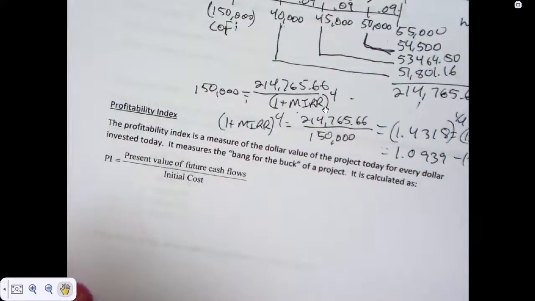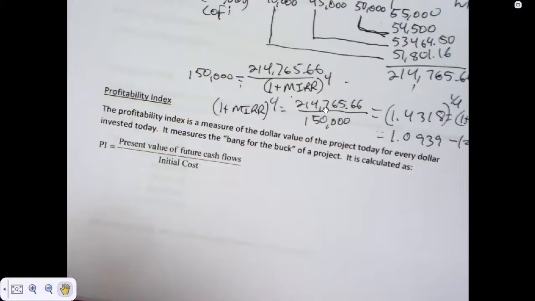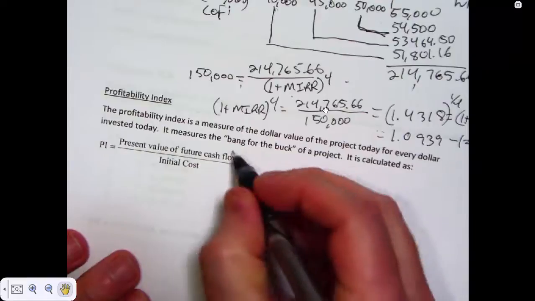The profitability index, I like the profitability index, but you don't see it used very often. So when I talked before about scale, and I gave you the example of the NPV being 10,000 and the initial investment being $100 quadrillion, the profitability index would actually be a good measure to use in this case. What it tells us is the bang for the buck, or it's the present value of the project today